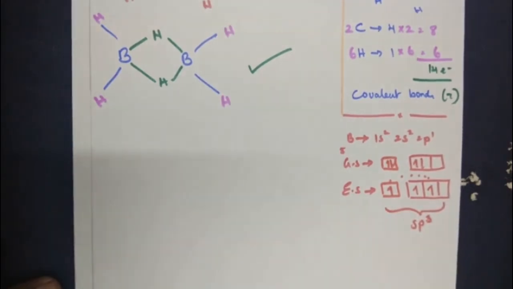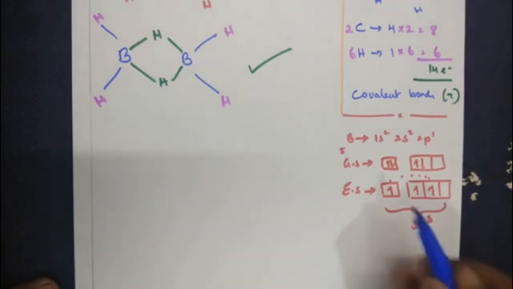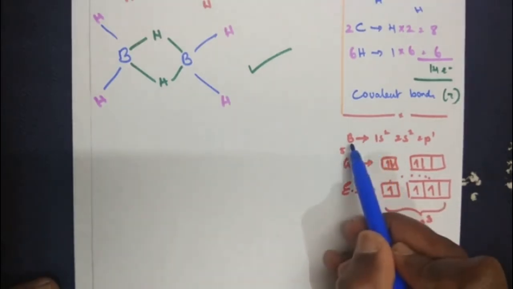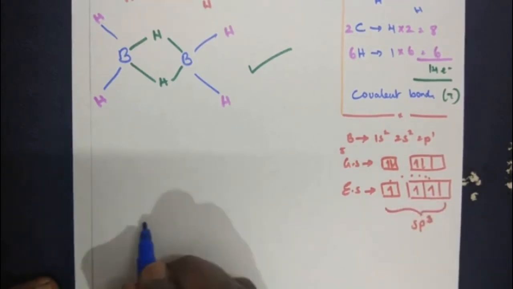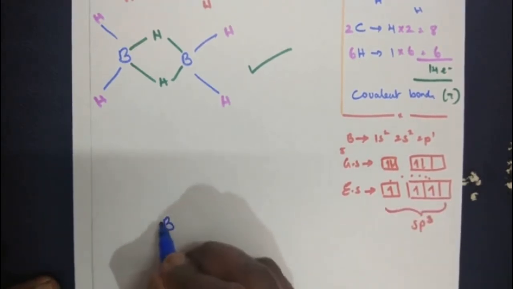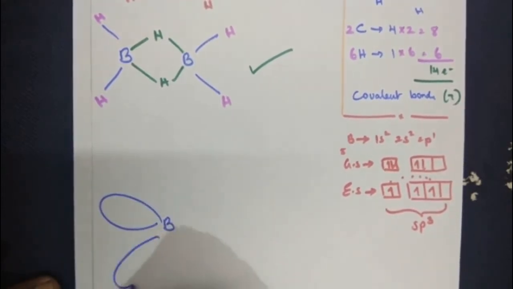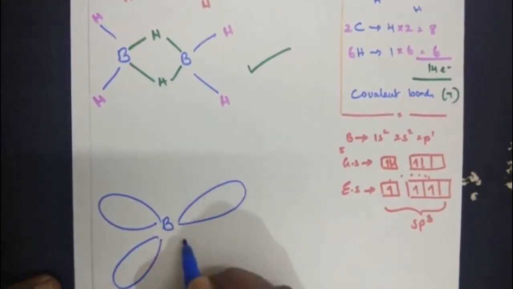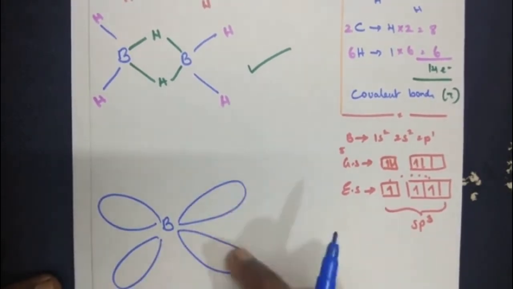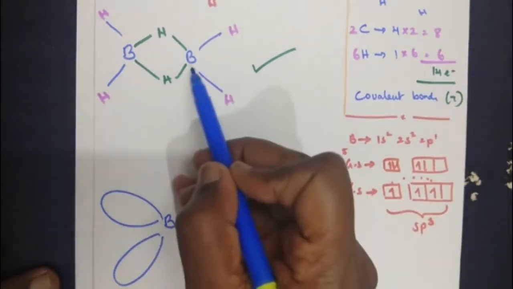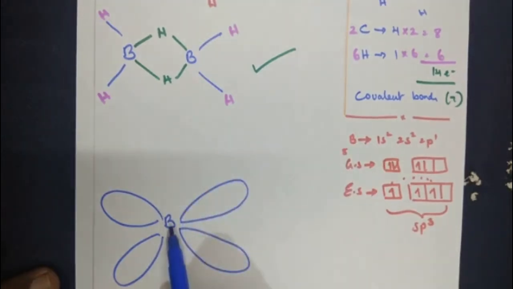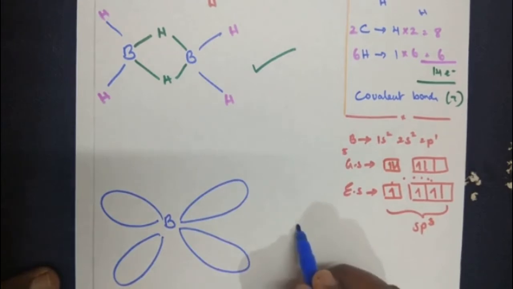Let's see how it takes place based on the orbital diagram. Now if you see here, one boron makes 4 orbitals available. So let's draw the diagram. Boron has 4 orbitals. This one I'm drawing a little longer to show you the overlapping of orbitals. So this is for one boron. How many borons do we have? 2 borons. So one boron makes 4 orbitals available. So similarly for the other boron too.